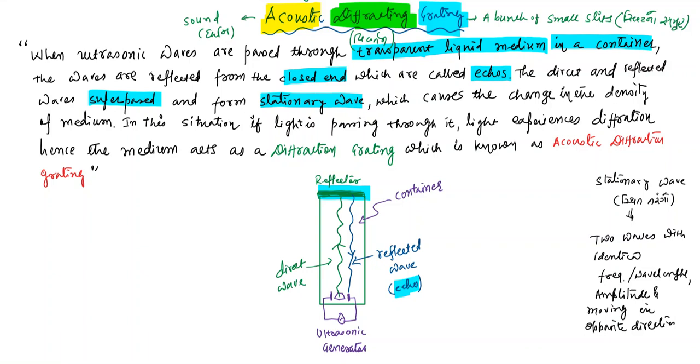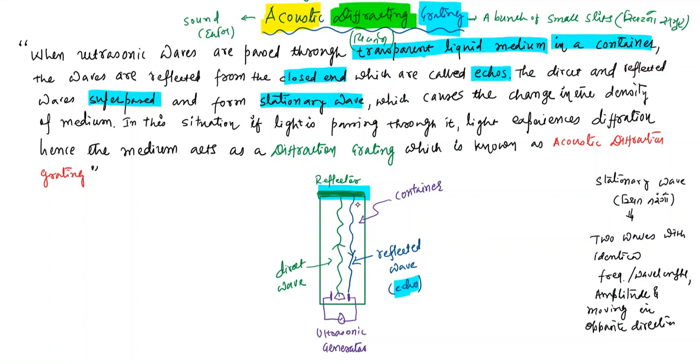You learned this in your 11th standard. Let me tell you once again. When two waves which are moving in opposite directions and having the same amplitude and same frequency are superposed over each other, then they form a stationary wave in a medium. So this is the condition which satisfies the formation of a stationary wave.